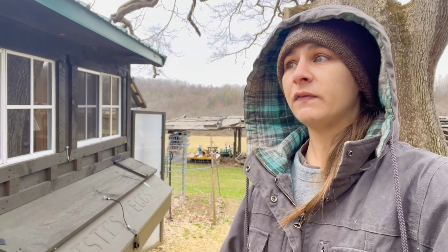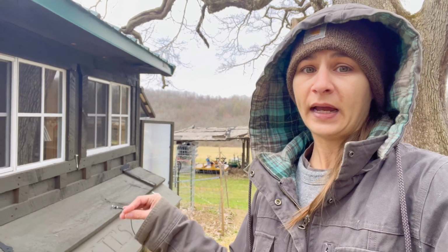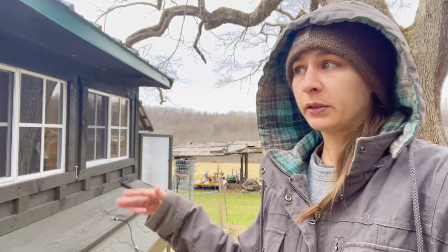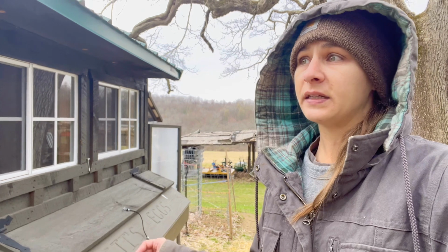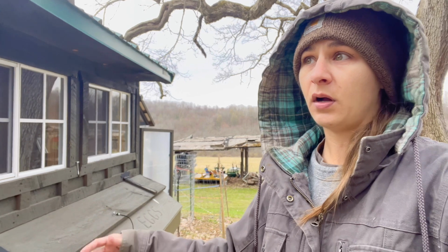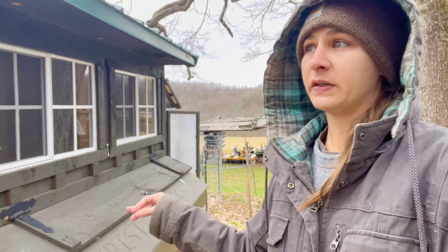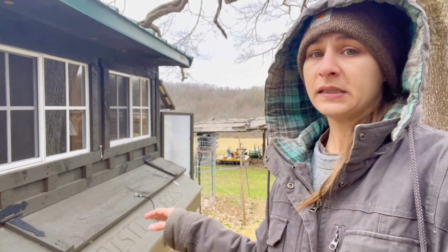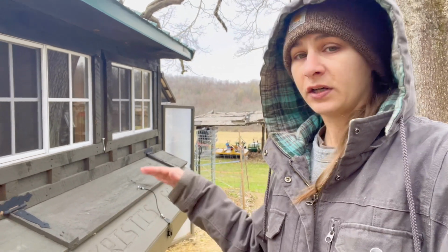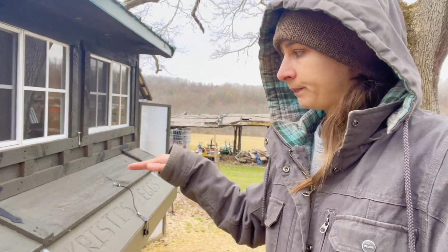I've taken the turf out. I put straw in. We lowered the slope a little bit down to a 1/2 inch. I put the turf back in and then added some straw around there. I also added some curtains, and I think what the issue was is they didn't like having that hole in the back. They were used to feeling protected in their box, and after we cut that hole in, I feel like they just didn't feel safe in there. So as soon as I added the curtains, they started using their boxes again, and I left it how it was. I never adjusted the slope of the angle, so when we did take it down to about a 1/2 inch,